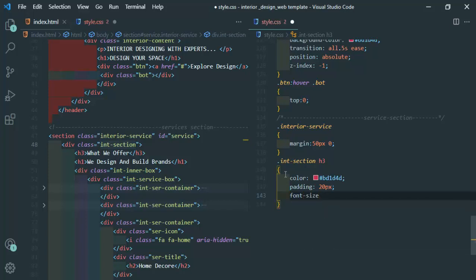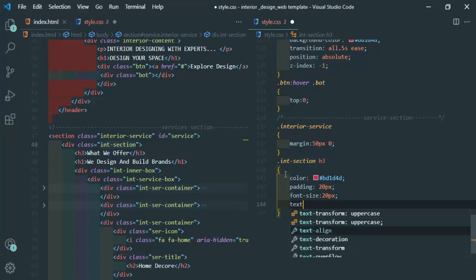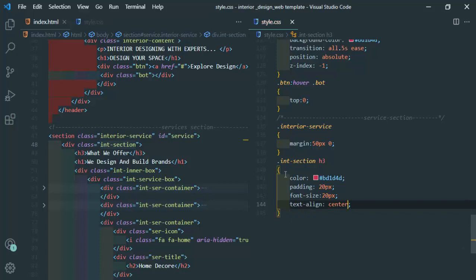Font size is 20 pixel, and text align is center. Okay,